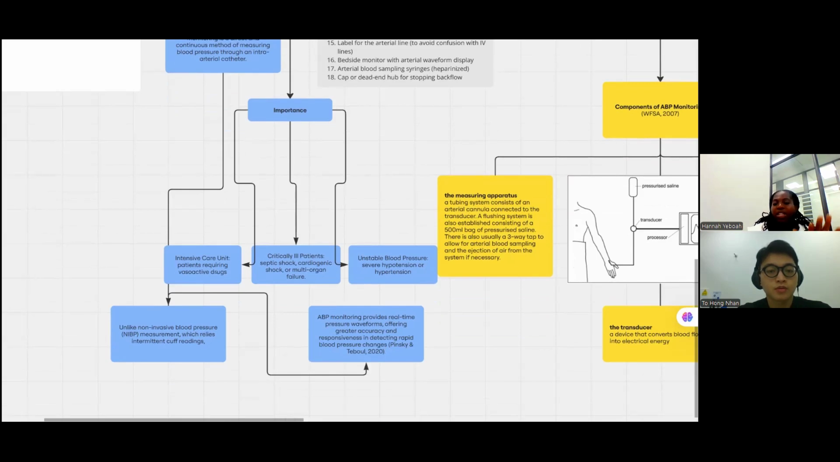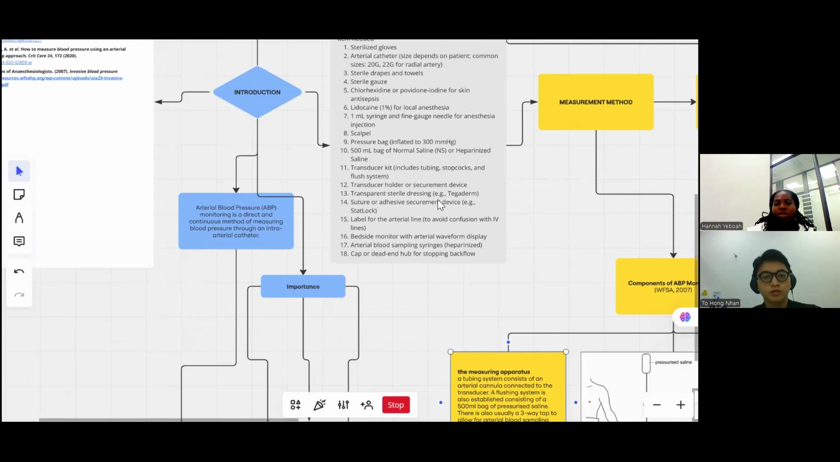When we compare the intra-arterial catheter with the normal non-invasive blood pressure, which we call NIBP, the information that we get is an intermittent cuff reading. For example, you measure every 2 hours using the cuff, but the ABP is a continuous measurement where we continuously monitor the patient's blood pressure, and it's also connected to the monitor at the patient's bedside. So now we'll move on to the measurement, but before that,